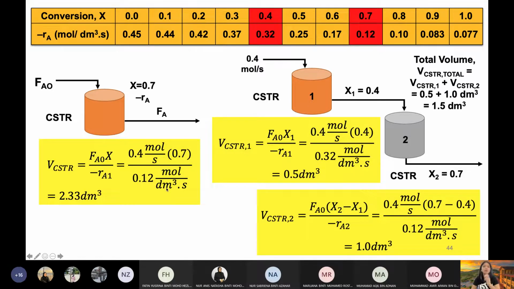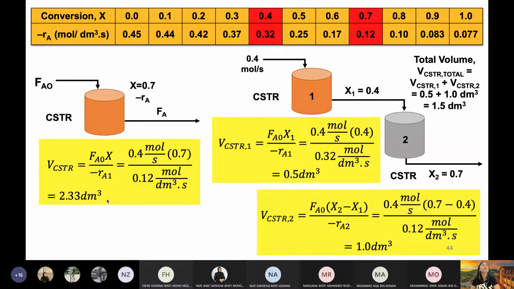This dm cube, kalau kamu ingat matematik, A per B per C, yang C tu naik ke atas. The third layer will go to the top. So now dm cube ni akan pergi ke atas. So you get your final unit is dm cube, which is correct lah, because I want to calculate volume. The volume unit shall be dm cube ataupun liter ataupun feet cube. So when you recalculate the number, you will get 2.33 dm cube. Apakah maksud dia? Maksud dia, if I want to convert 70% of my A using one reactor, the volume of the reactor must be 2.33 dm cube. Okay, then I will get 70% conversion.